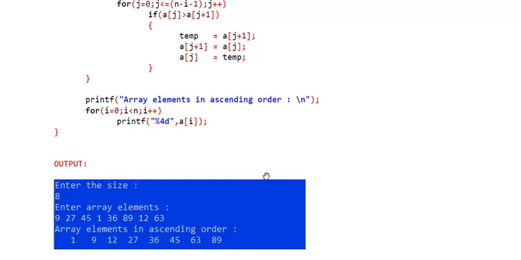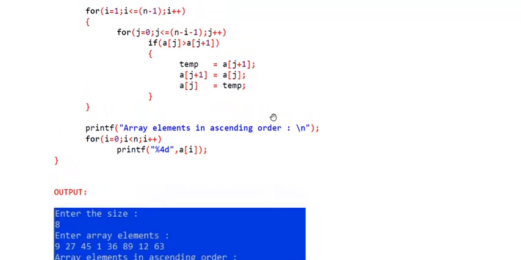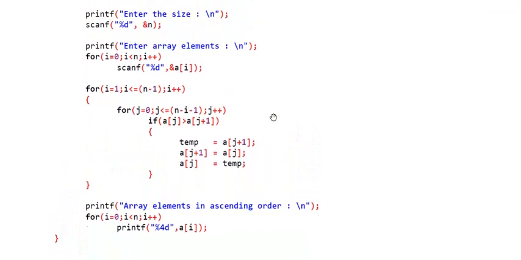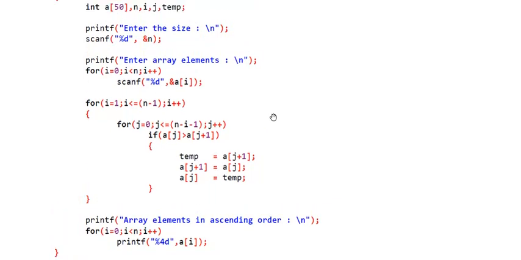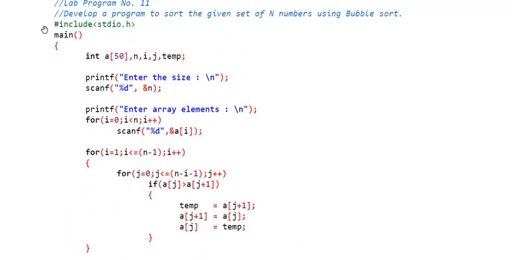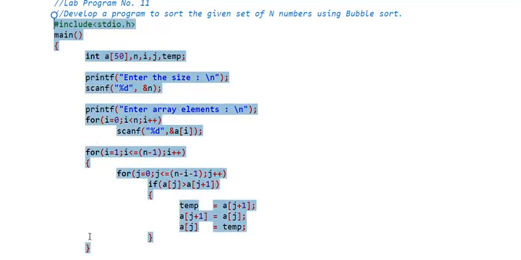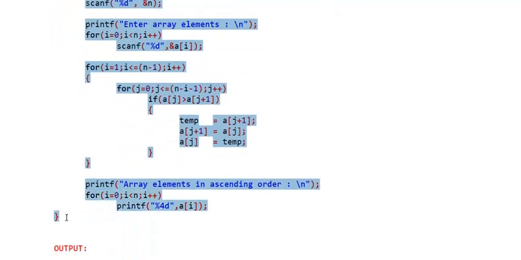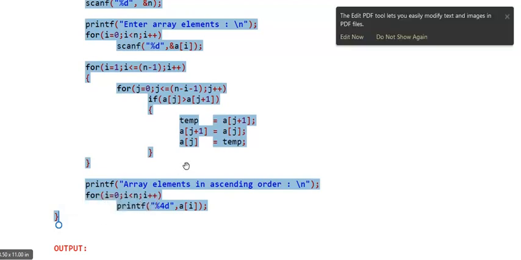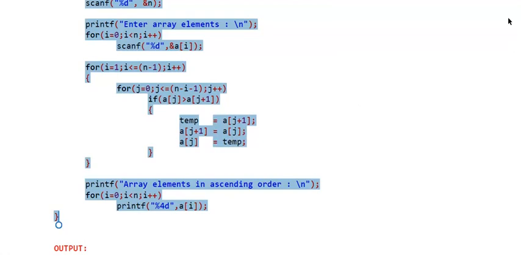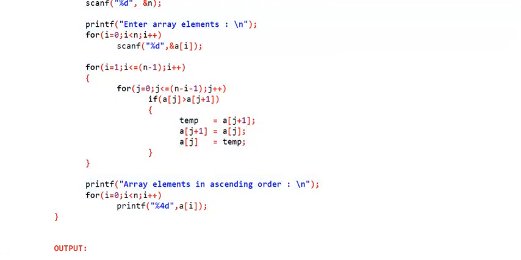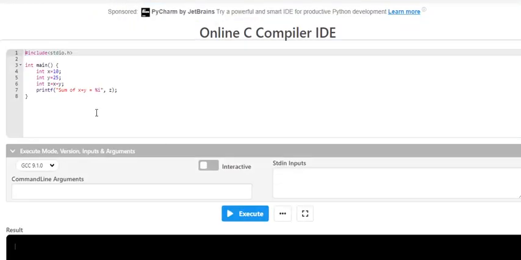Now what we will do is, we will just run this program using the JDoodle online compiler. If you have any other kind of compiler on your desktop, and also any kind of compiler I suggested for the mobile app, you can run the program. You just enter the program and execute it. I will just copy the program and go to the online editor.